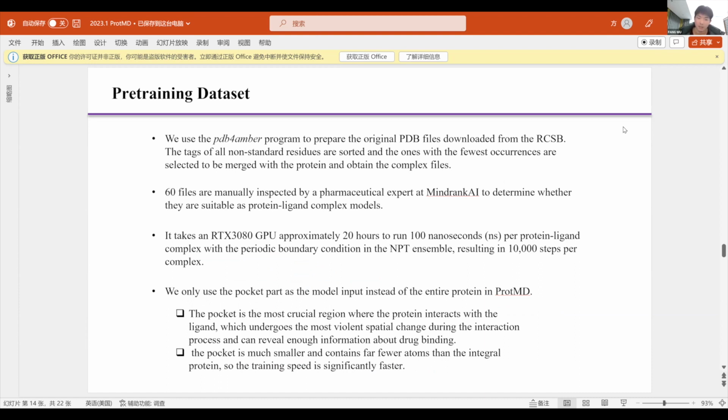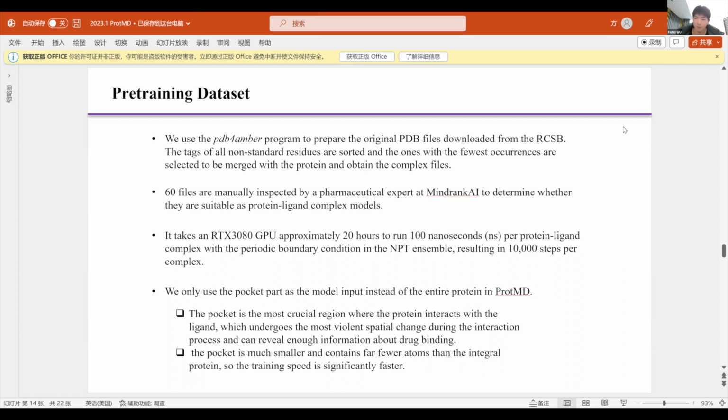protein ligand complex models. And as for the computational cost, it takes about an RTX 3080 GPU, roughly 20 hours to run 100 nanoseconds per complex with the periodic boundary condition in the NPT ensemble, and it will result in 10,000 steps per complex. And here, notably, we only use the pocket part as the model input instead of the